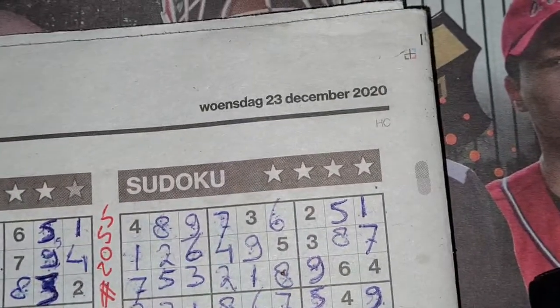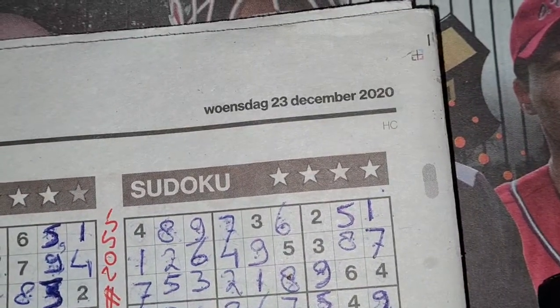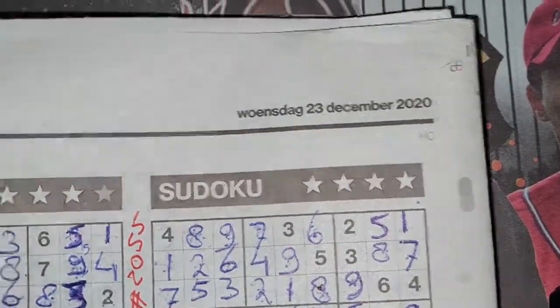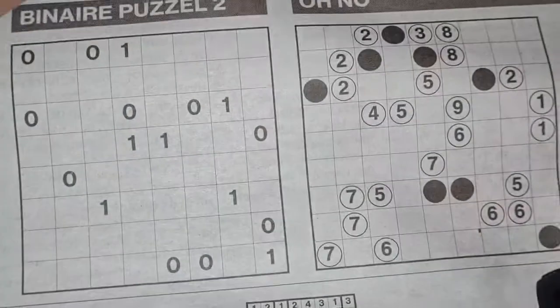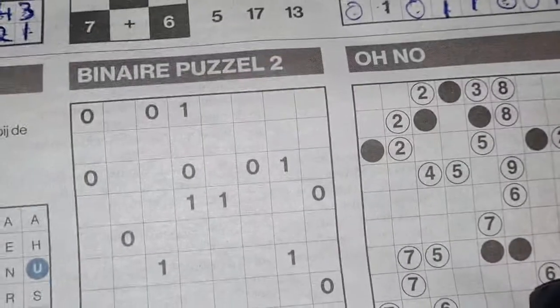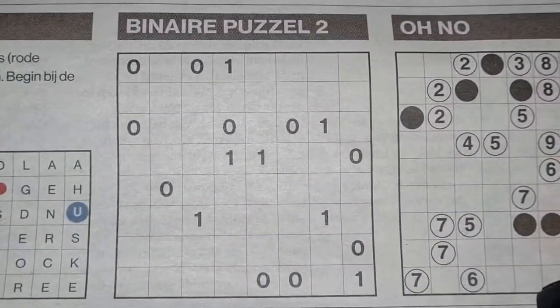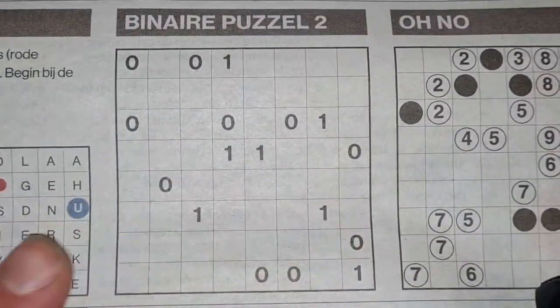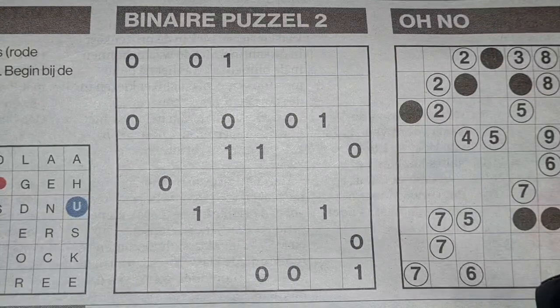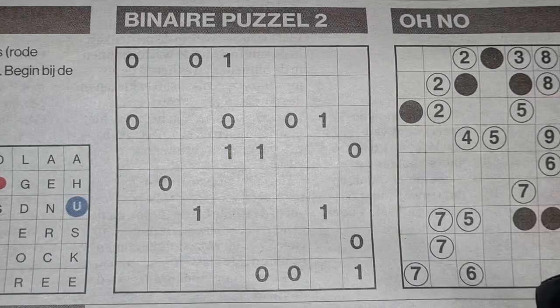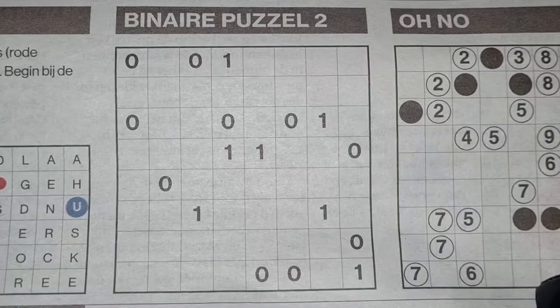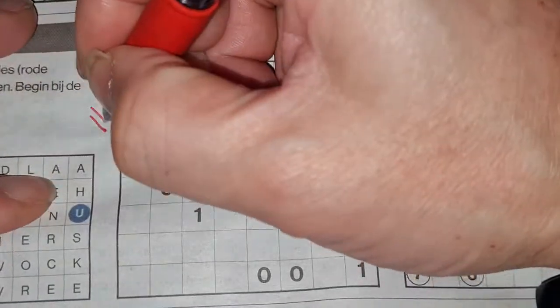The third Sudoku of the newspaper of Wednesday, December the 23rd, and actually it's today, Sunday the 27th, but we ran out of Sudokus because today there's no newspaper, so I need to find some Sudokus in the past. And we have 4 Sudokus left in the Wednesday paper, and this will be number